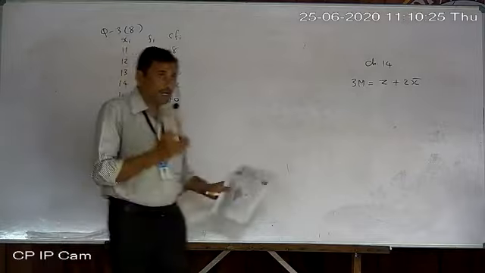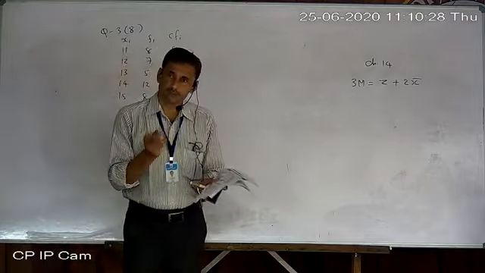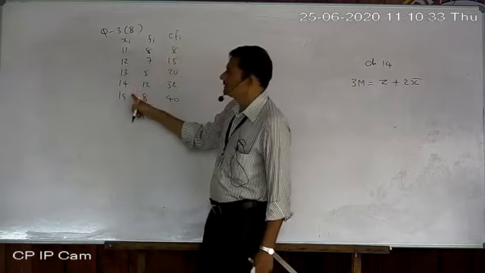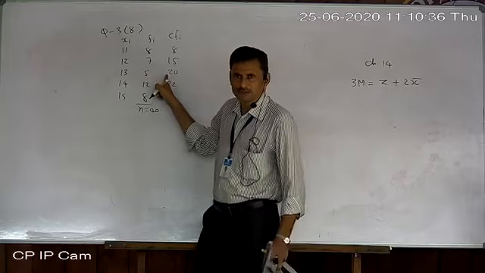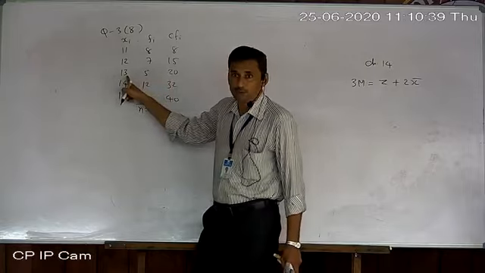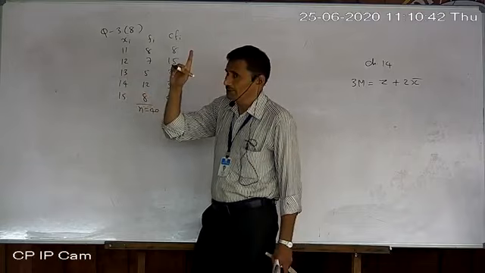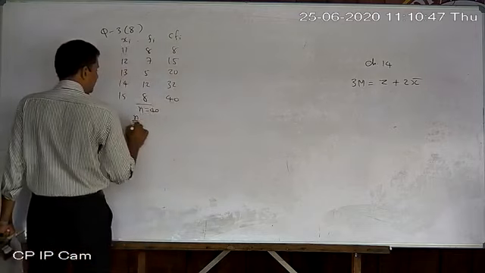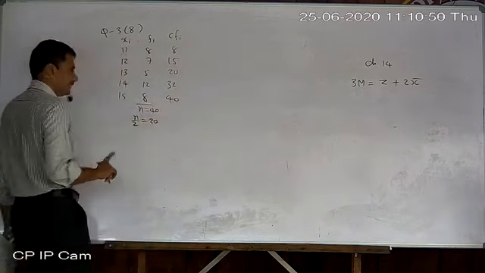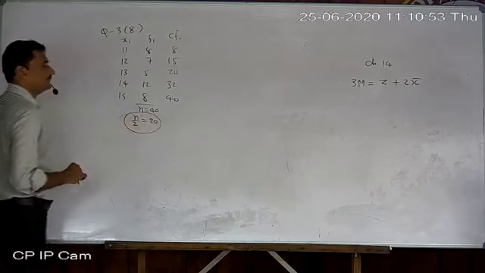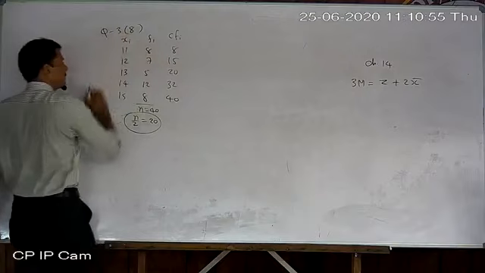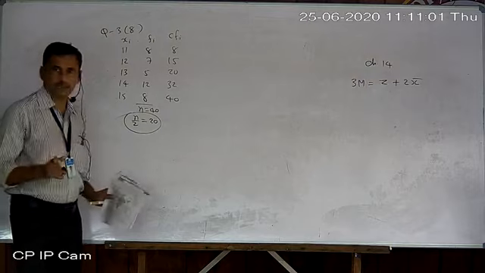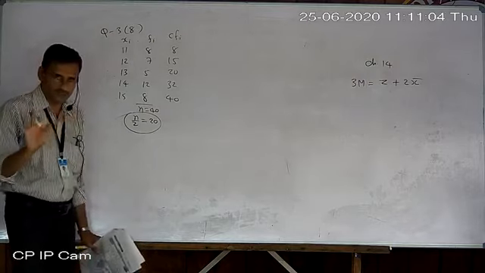If classes are there, then first of all we can find the median class and then the median. But if no classes are there, then the answer itself is the median directly. That formula, n by 2 minus CF upon f, is not used. So now n by 2 becomes 20. Whenever n is even and the data is discrete, without classes, don't use that L plus n by 2 minus CF formula.